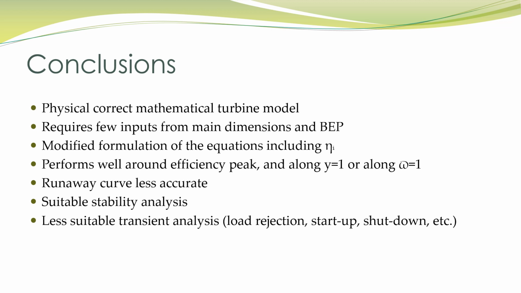But in the area in between and far away from these, the model performs less accurately. For instance, the runaway curve was less accurate. This all implies that the model, as it is, is suitable for stability analysis, and then you can actually use the linear version if you want to. But for more general transient analysis, for instance, for modeling load rejection, startup and shutdown, it's less suitable as it is, and probably it needs some more refinements to perform better